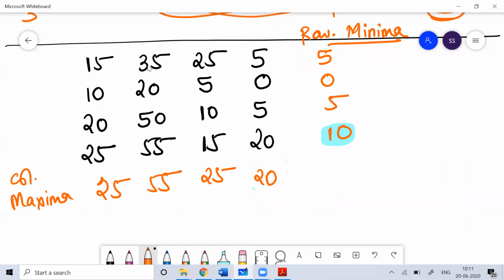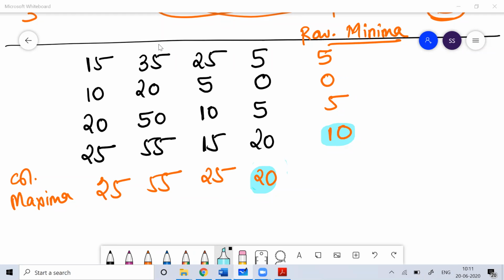Okay, so out of the column maxima, the smallest one is 20. You can write a full story on this. Since the maxima of row minima is not equal to the minima of column maxima, this is not a problem of pure strategy. So we have to apply a mixed strategy to solve these kinds of questions. Thank you, Shruti. Thank you, Vishwar, everyone.